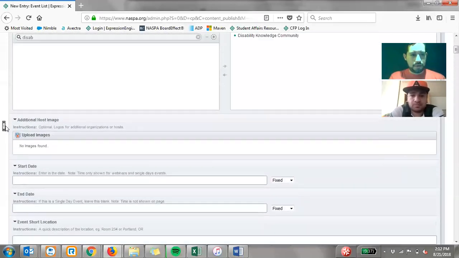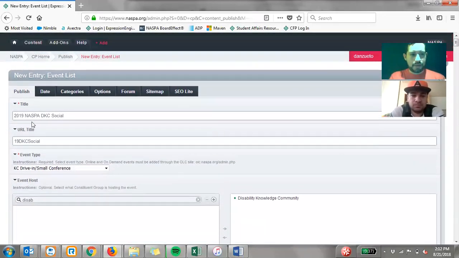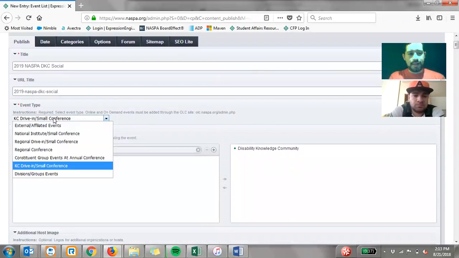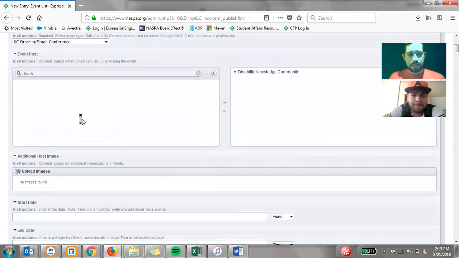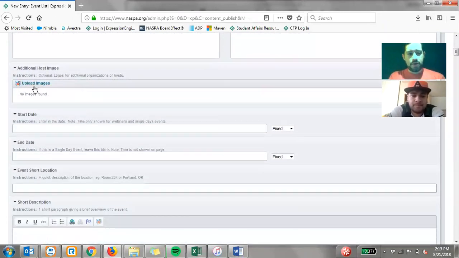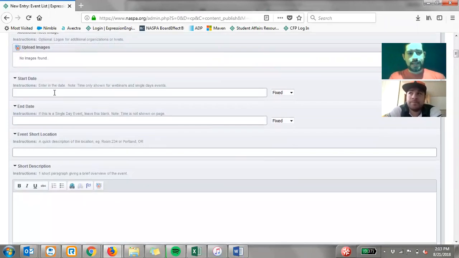So through here, we'll just start up again so you have it from the recording. So the title, you'll have the format, URL you're able to change as needed. The event types, right now we'll do the KC Drive-In Small Conference. So you can search for the event host as needed. And then additional host image is available, your start date and end date,